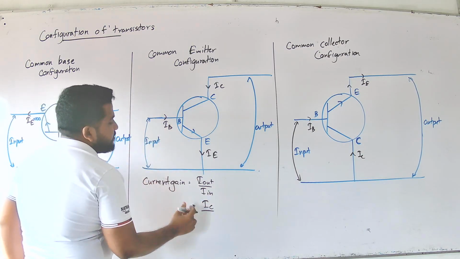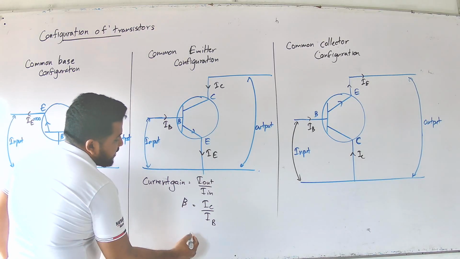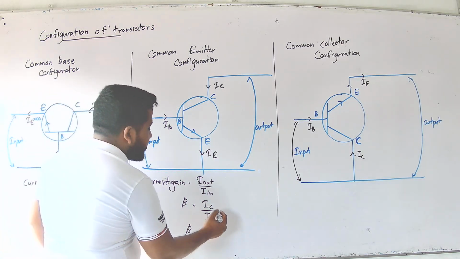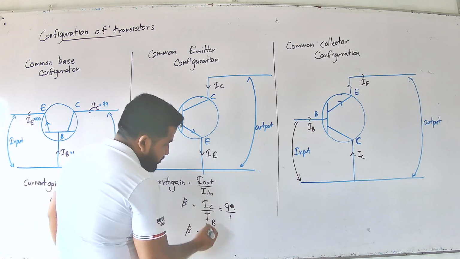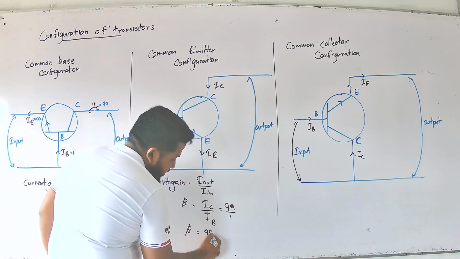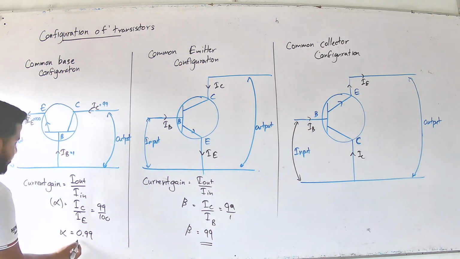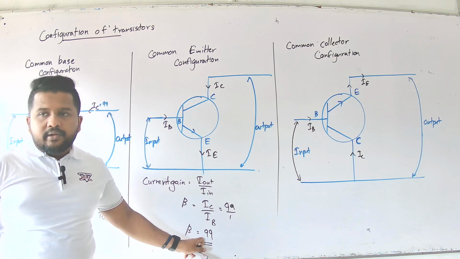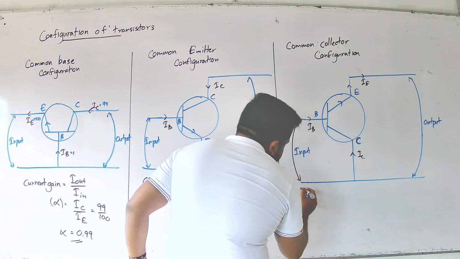The I in is IB. So I will take it beta. Beta equals IC, IC means 99. This is 1. So this is 99, right? So alpha is 0.99, beta is 99. This is good, right? So when we move to this one, current gain,